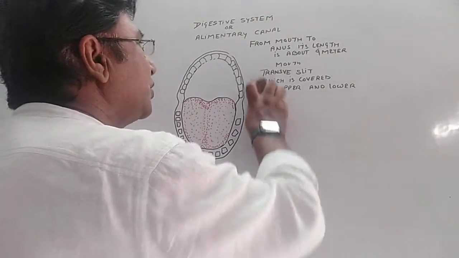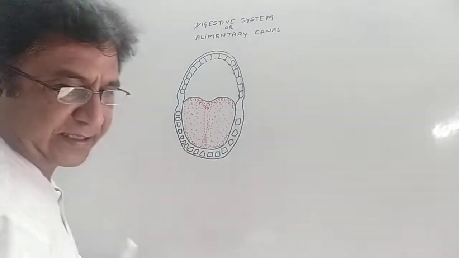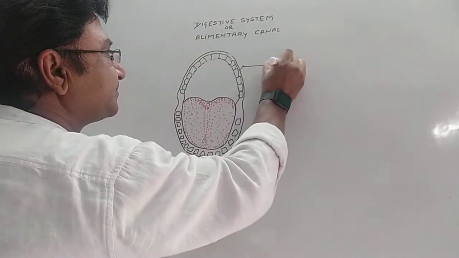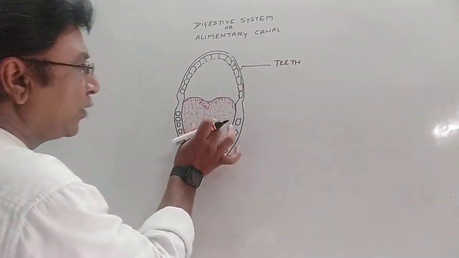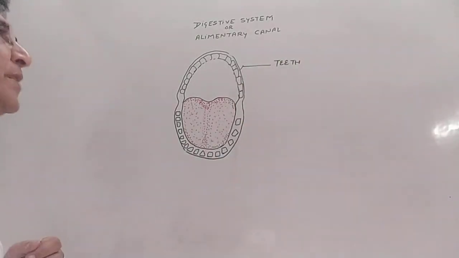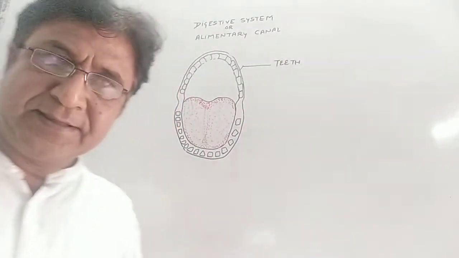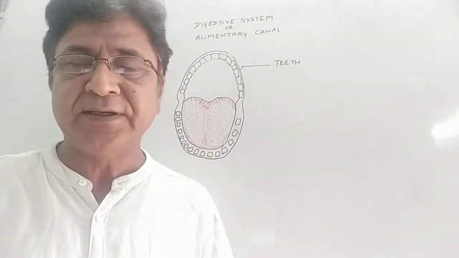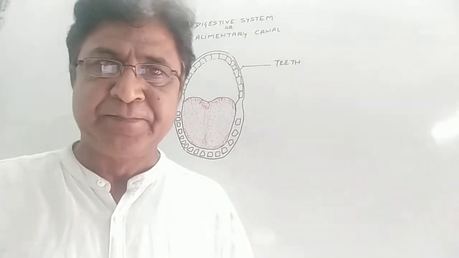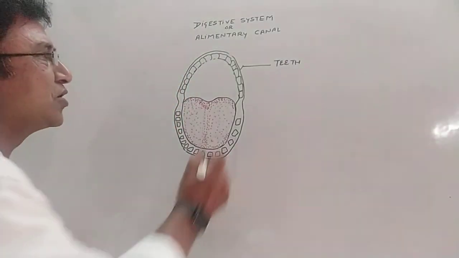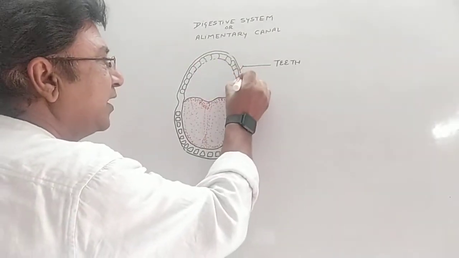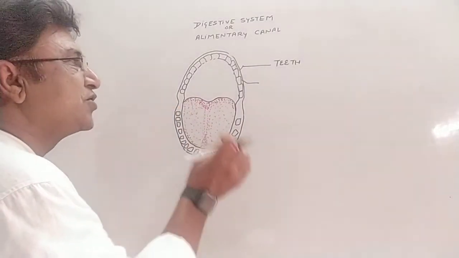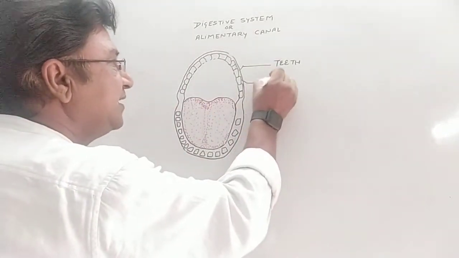Okay. Now let's go inside the mouth to understand the different parts. There are two basic parts which we can see in this diagram. One is the teeth and one is the tongue. Let's take the teeth first. In a mature adult human being, about 26 years old, 32 teeth are present. Teeth are present in the jaw sockets, and this arrangement of teeth in sockets is called thecodont.